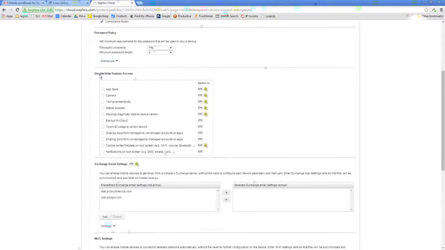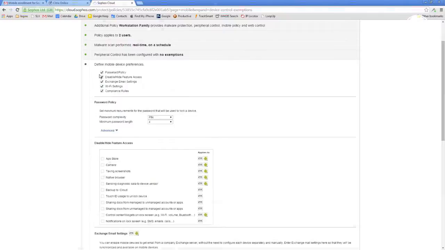So now we're in the mobile policy section, which I enabled. So what I'm going to do with mobile device preferences, I'm going to insist on a password. So I want to make sure that someone can't just pick up an employee's phone and start sending emails on their behalf, right? So we're going to password protect that. I can disable and hide features. Now this is something that I'm probably only going to do if I own the phones.